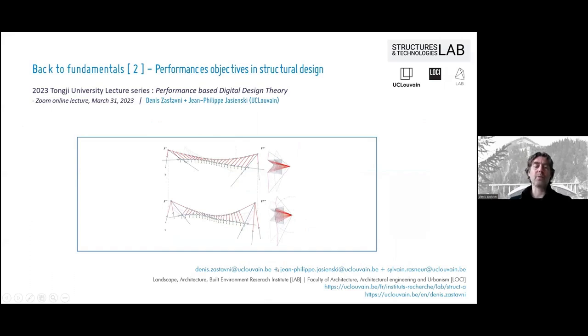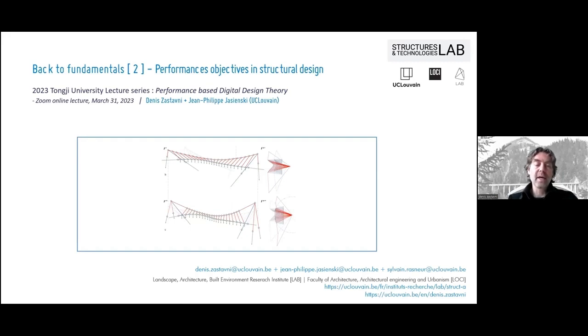I'm glad to be with you again for the second lecture in a series of three lectures named Back to Fundamentals, attached to structural design. The topic of my talk today is performance objectives in structural design. This lecture will be given with my colleague, Jean-Philippe Jasinski, who will take the screen for the second part. The focus of last week's lecture was on graphic statics and its special significance for